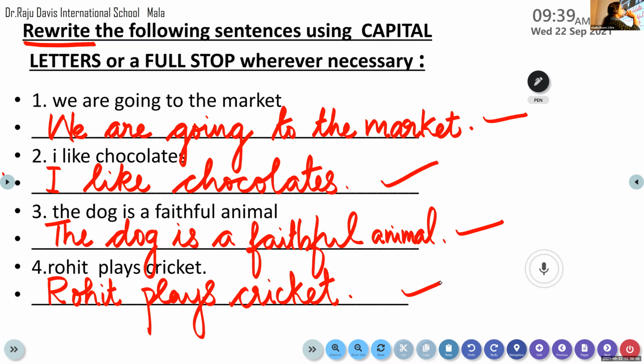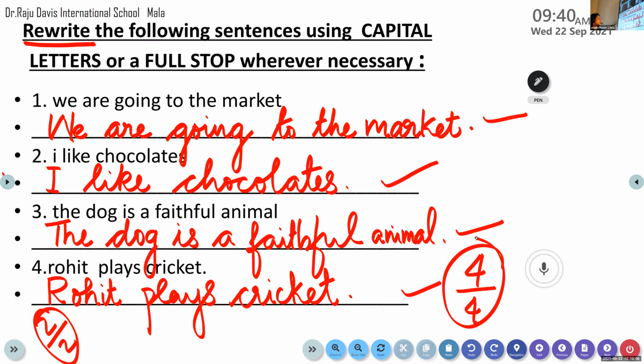If those who have finished with only 2 answers, then you write 2 out of 2. If you have completed 4 answers, then you write 4 by 4. I've asked you to do only 2 questions. If you have finished, now let's move on to MCQ. If you have finished with 2 questions, it is okay, you put your marks out of 2. If you have completed 4 questions, then you put your marks out of 4. So this is the way you do it.